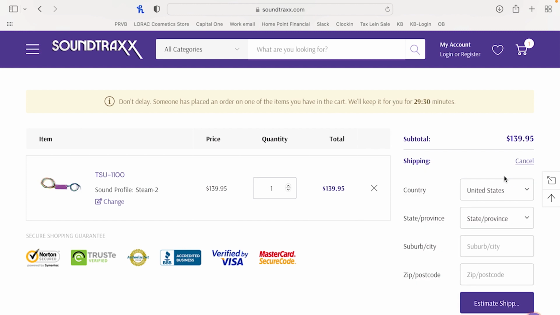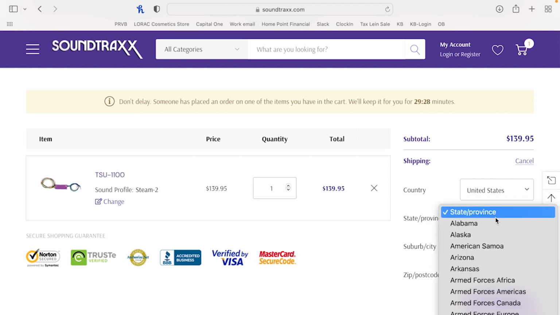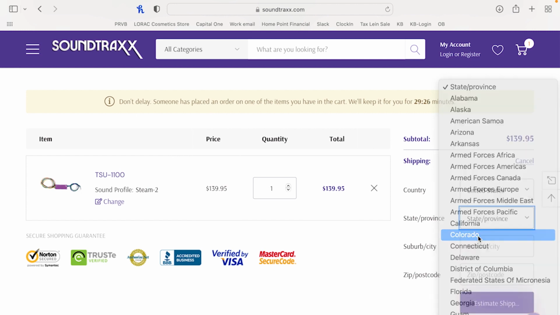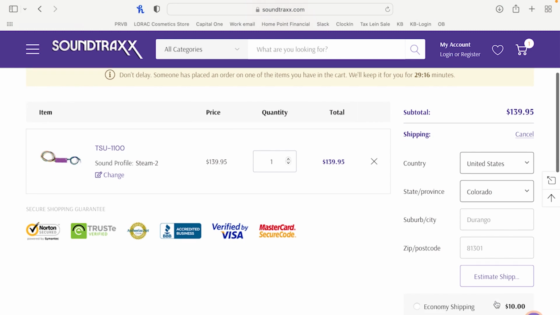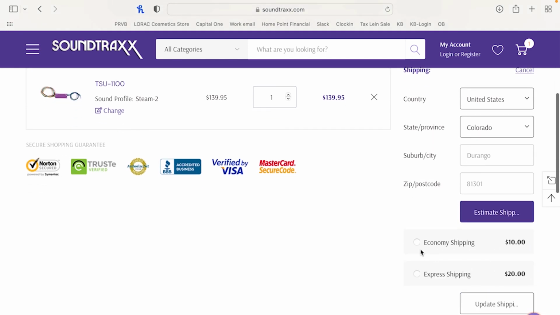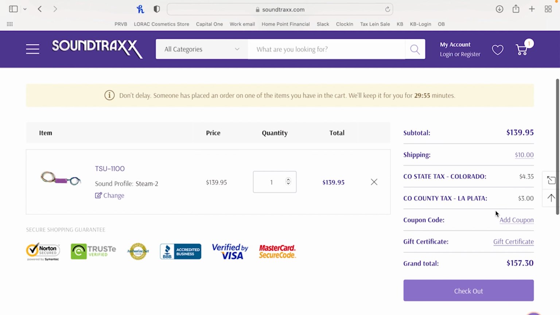You can add your shipping info. So we're going to go with Colorado, where our office building is. And we're going to estimate shipping. And we're going to just pick the economy shipping and update our shipping cost. So now we've got a cost in here for shipping, and we can go ahead and add our coupon code